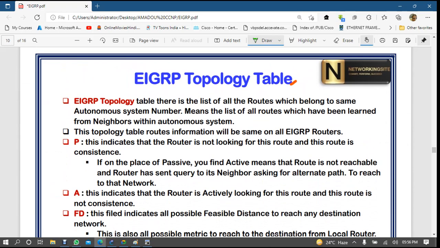Now the EIGRP topology table. I told you, whenever you run show ip eigrp topology, P indicates that the route is not looking for any alternate path. This indicates that the router is not looking for an alternate, and this route is constant. It means it is in active working condition.